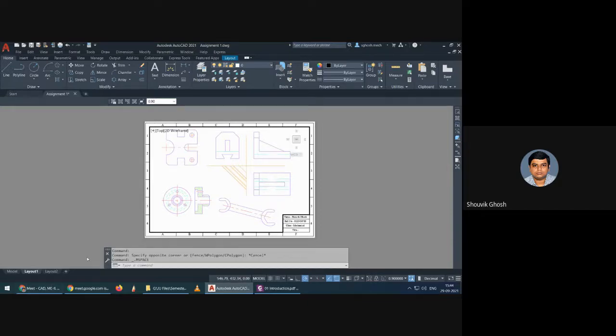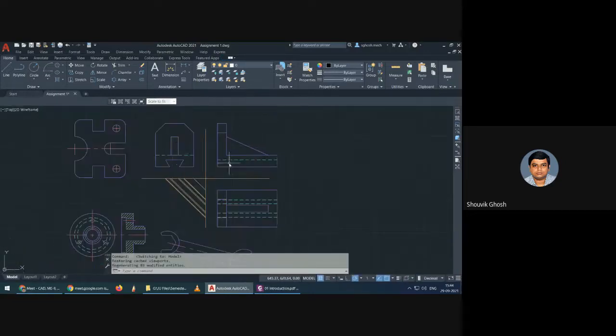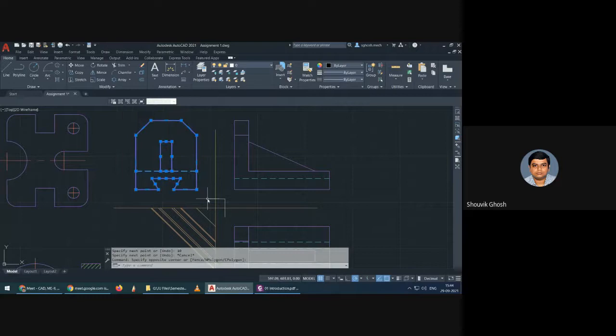So what we'll do, we'll just deactivate this, go to the model space. Now we'll create a 10 mm spacing, and we'll move the individual objects closer to the axis.